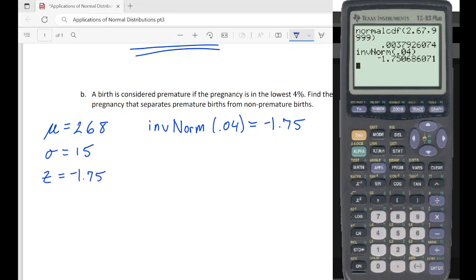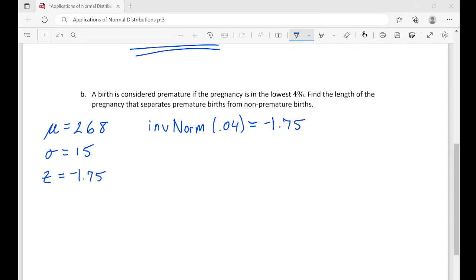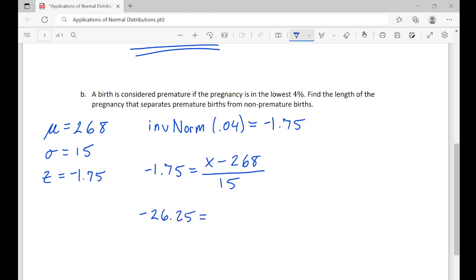And now we're going to be able to take this and plug it into our z-score formula so we can get x. So negative 1.75 equals x minus 268 divided by 15. Now we just solve for x. So I'm going to multiply the 15 over to the negative 1.75, and I'm going to get negative 26.25 equals x minus 268. And then I'm going to add 268 over to negative 26.25, and I'm going to get